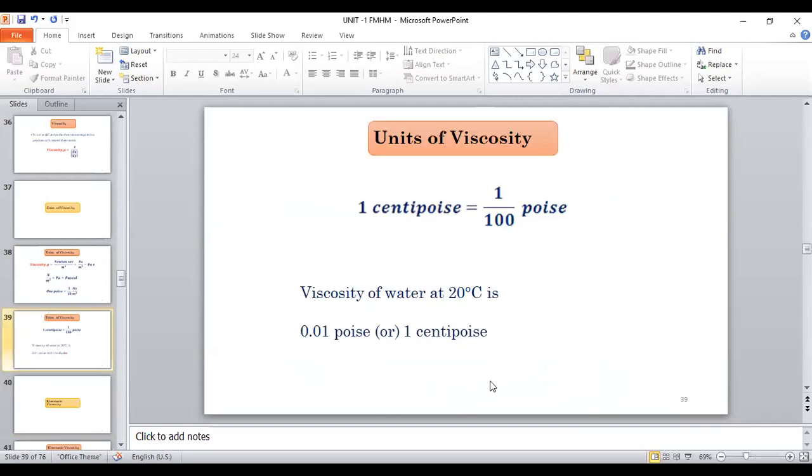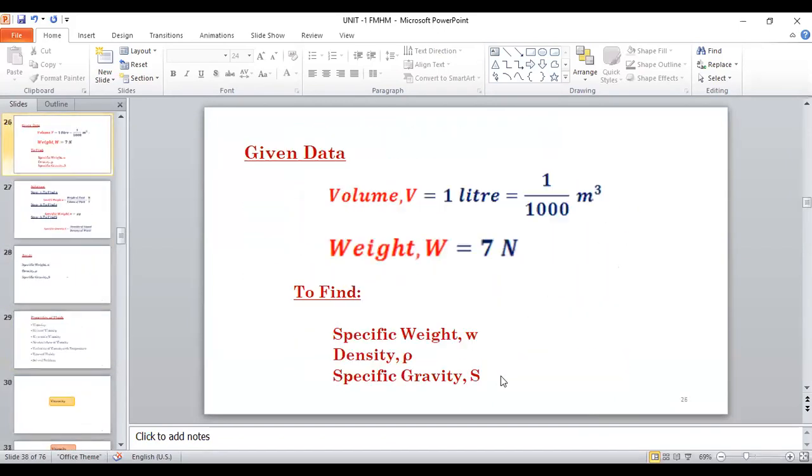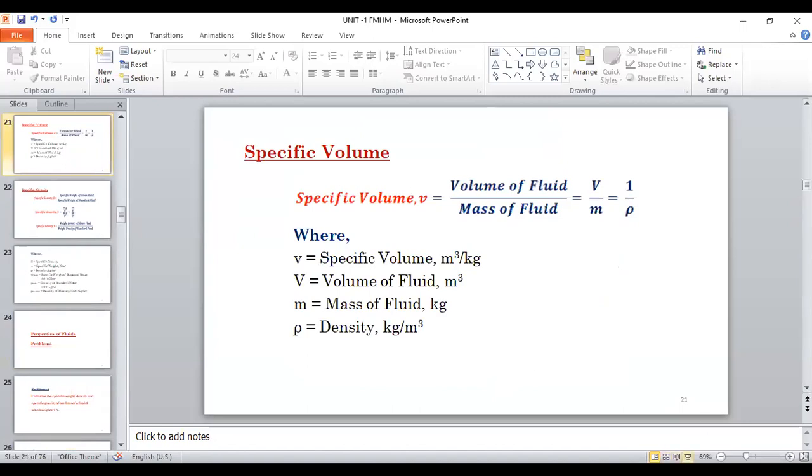Okay, so up to here. Today I will stop here. Don't move yet, please. I'll take the attendance. Up to viscosity we have seen today, with the units of viscosity. I'm stopping here. If you have any doubts, you can ask. Any doubts? No, sir. Please hold on, just give me one minute.